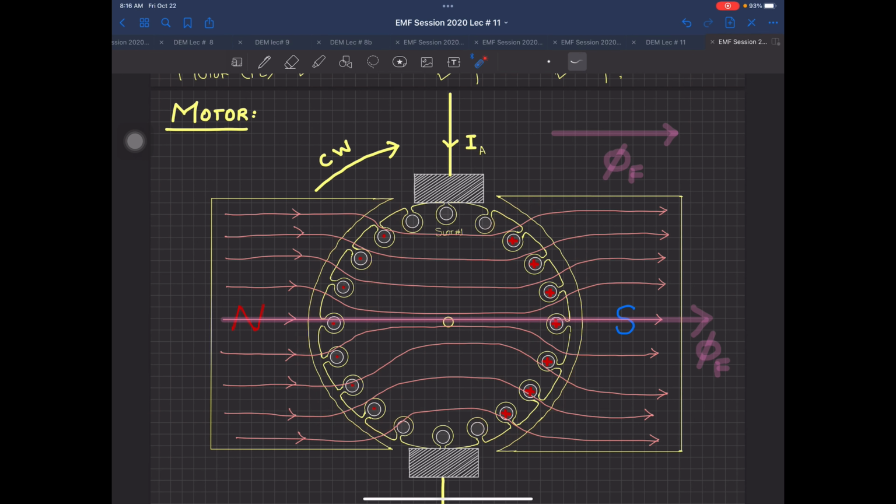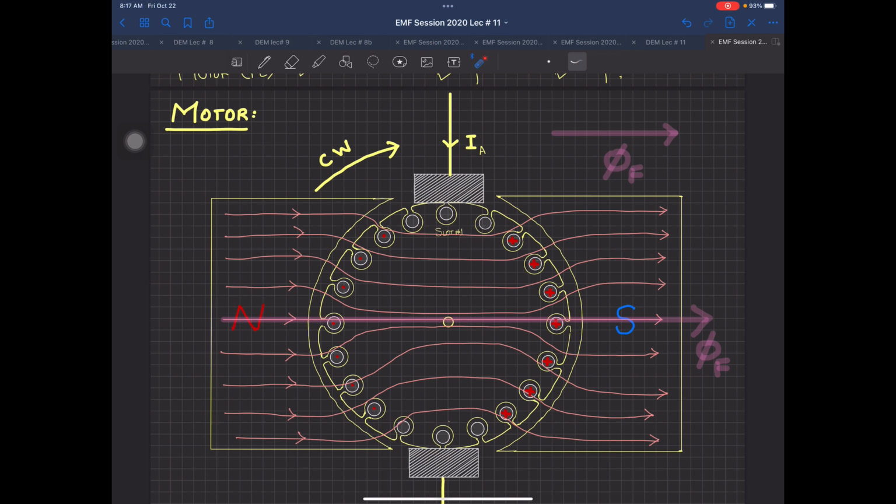Now these three conductors, which will certainly be much larger in quantity in a practical machine because the number of slots is much larger, and similarly these three conductors, do not have any cross or dot. Why? Because here the V vector and the B vector are both parallel or anti-parallel. This is your V, this is your B. So E equals V cross B dot L, and that comes out to be 0. So the induced EMF in these conductors, these three and these three in this diagram, is 0.